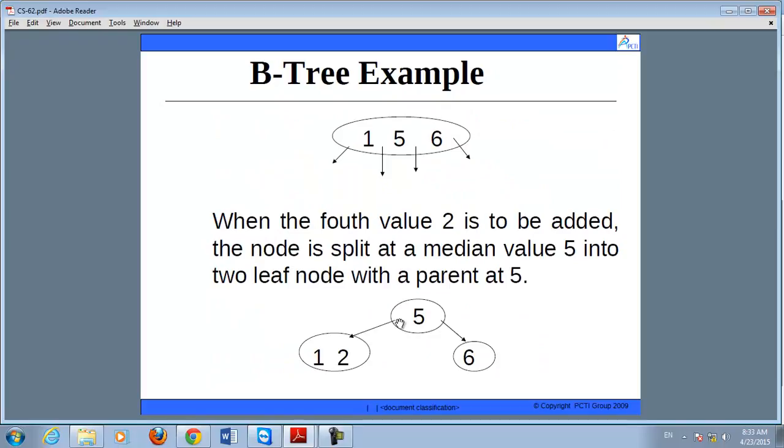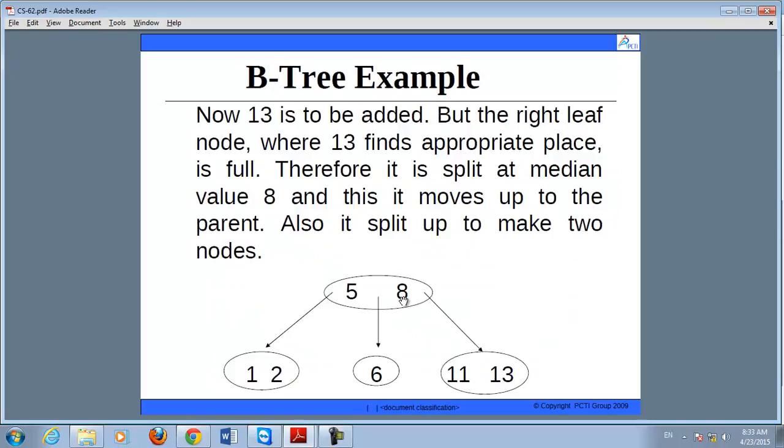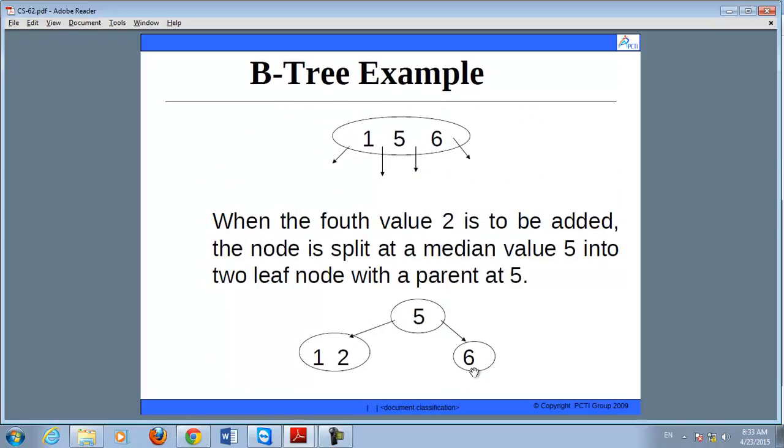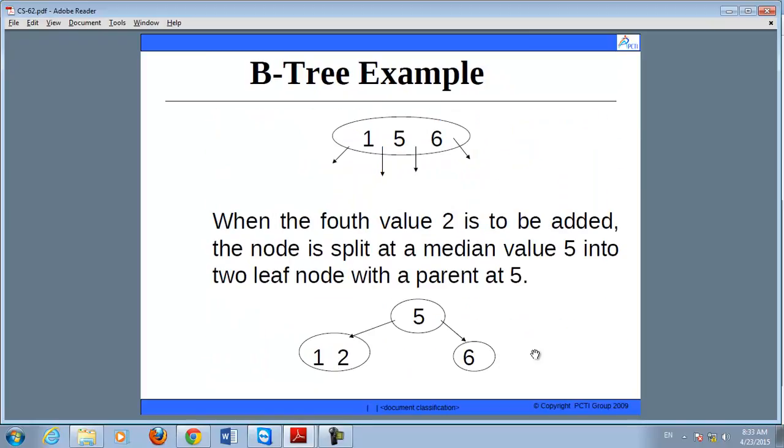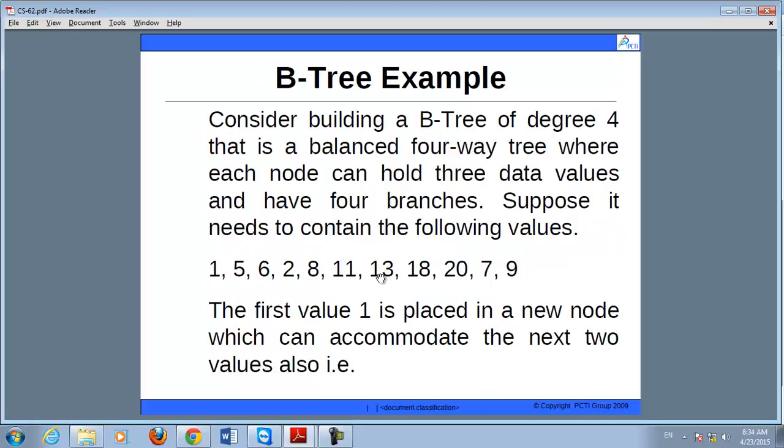But before 13 there are values like 8. 8 will be added here, and after 8 you have to insert 11. Now if you insert 11 with 6 and 8, it will be accepted. Now next is 13.